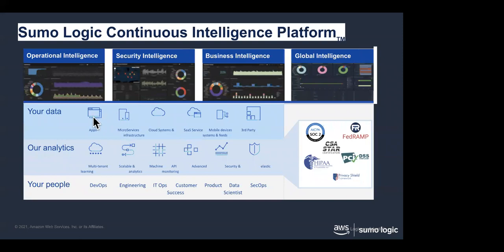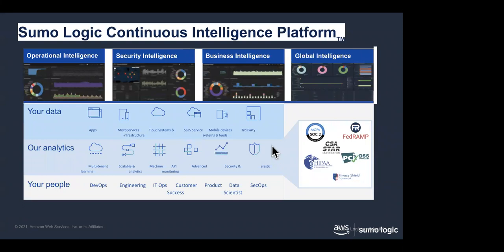As far as your data goes, it could be coming from various applications, microservices, cloud systems, Office 365, Salesforce, various other software-as-a-service things, and mobile devices all over the place. As Tim mentioned, we are born in the cloud, raised in the cloud. We run on AWS, so we support multi-tenancy, scalability, and elasticity. You'll find some nice machine learning functionality in here, as well as advanced analytics and API functionality.